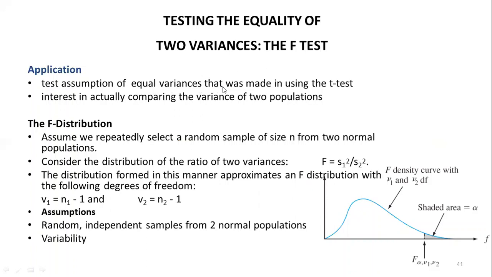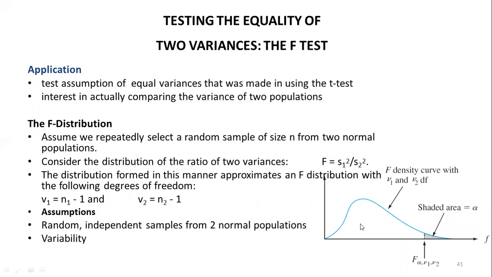And when it comes down to testing the equality of two variances, when we assume that there is equality in variance, that was made up using the t-test, and we are interested in actually comparing the variance of two populations, we make use of an F distribution, especially when you're having a small sample. Assume that we repeatedly select a random sample of size n from two normal populations, and consider the distribution of the ratio of two variances, F is equal to S1 square by S2 square. The distribution that is formed in this manner, by taking the ratio of the two variances of the samples that are being taken,